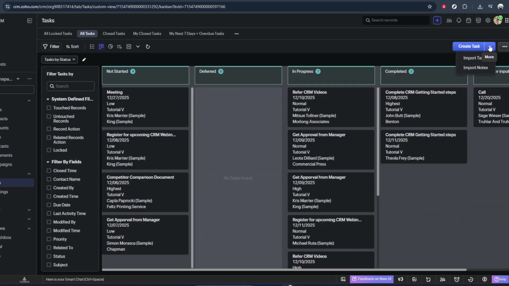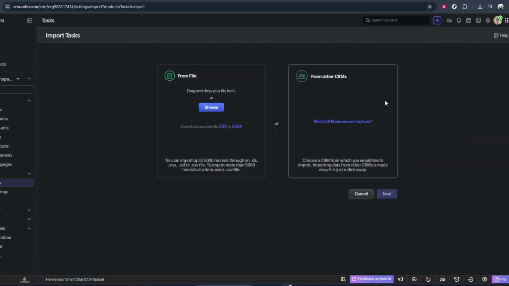When you do, a short menu will appear with additional actions related to tasks. From that drop-down menu, select the option called Import Task. This is the feature that lets you bring in multiple tasks at once from a file, instead of entering them one by one. After clicking Import Task, Zoho CRM will guide you through the import process, where you'll typically choose